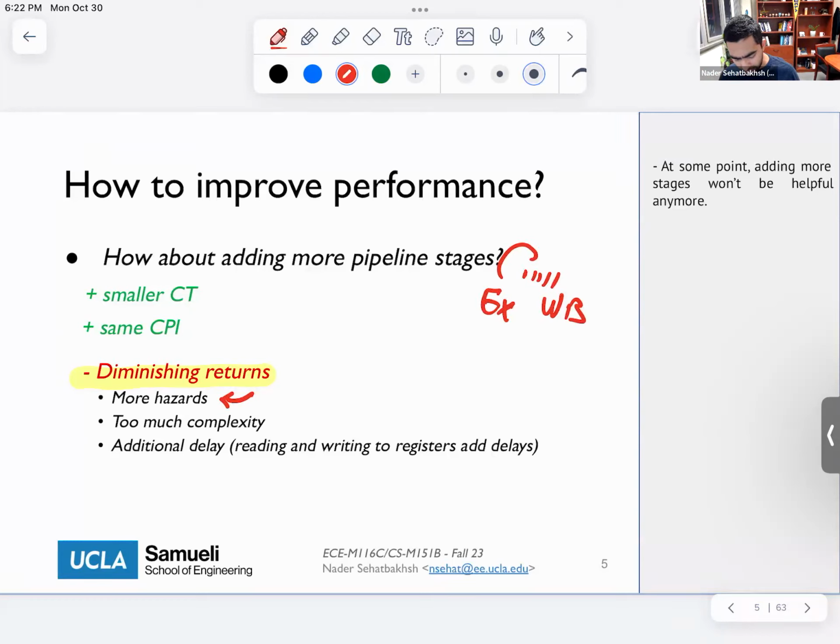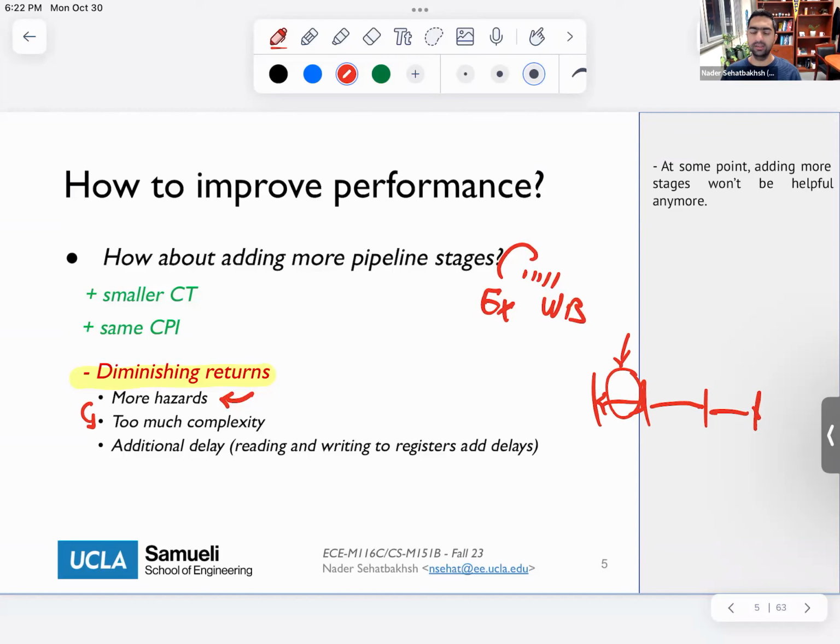So at some point, too much complexity will be added to my system that negatively impacts the overall design. And remember that we always wanted the delay between pipeline stages to be the same. But if you're adding more and more complex things, for example, to your decode, at some point this will have a negative impact on our overall clock cycle. So in short,